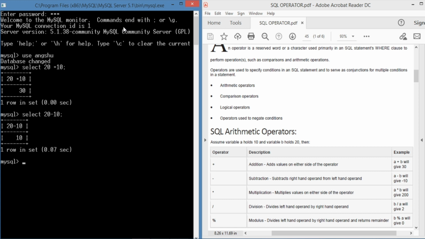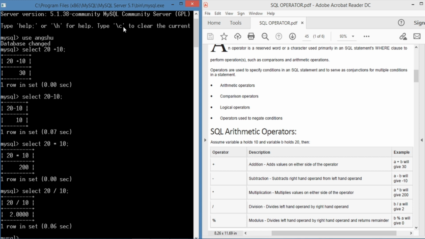Next, the multiplication operation. Select 20 into 10 semicolon. After performing the multiplication operator between the two values 20 and 10, the result is 200. Next one, the division operator. Select 20 division 10 semicolon.